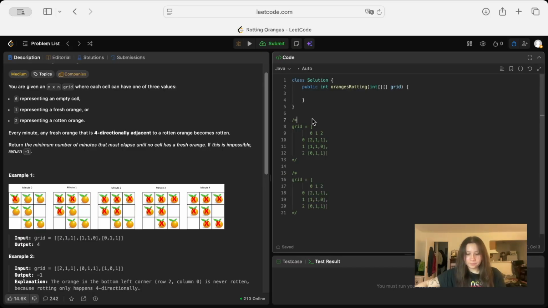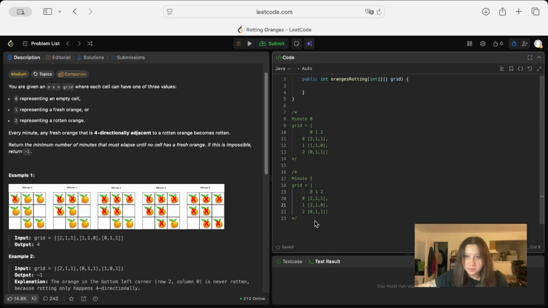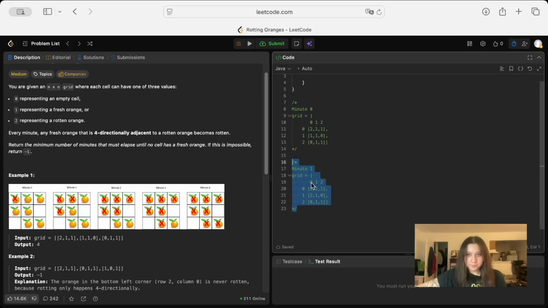Then we'll just say minute 0. This is minute 1. Then these 2 that are directly to the right and down from it also become rotten. So the ones become 2s here. See that? And then the next minute,